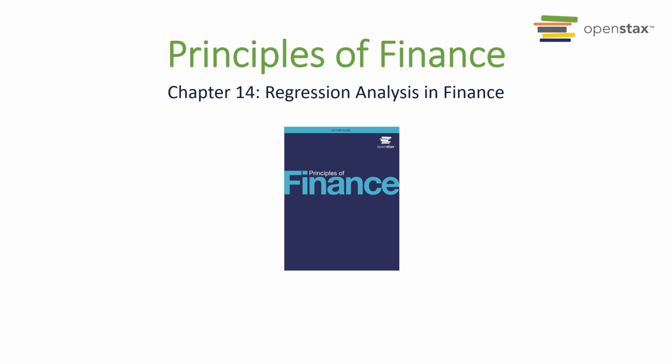This 14th chapter in Principles of Finance, OpenStax, Regression, examines the applications of correlation and regression analysis in the finance industry. Correlation analysis allows the determination of a statistical relationship between two numeric quantities. Regression analysis can be used to predict one quantity based on a second quantity, assuming there's a significant correlation between